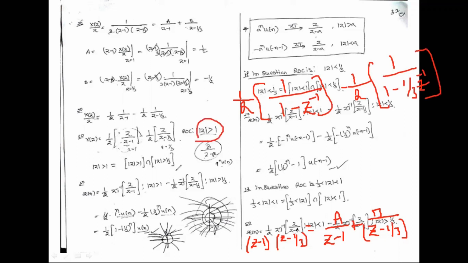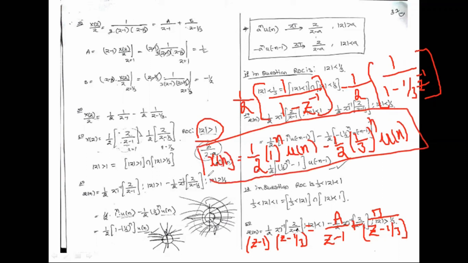Since it is greater than the ROC, you can write all the functions greater than the ROC in the mu of n values only. 1 by 2 into, what is the a here? 1. So 1 power n mu of n, minus 1 by 2 into, what is the a here? 1 by 3. So 1 by 3 whole power n mu of n is the inverse z transformation for the given function x of n is equal to, see here, a power n mu of n. And the second function they wrote that is a